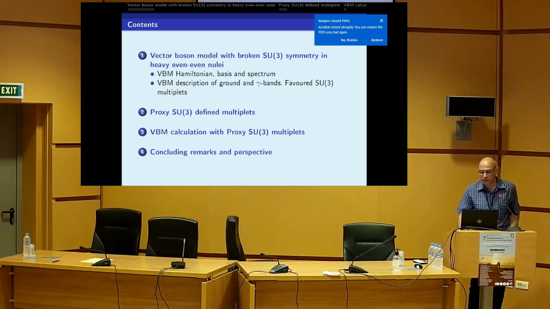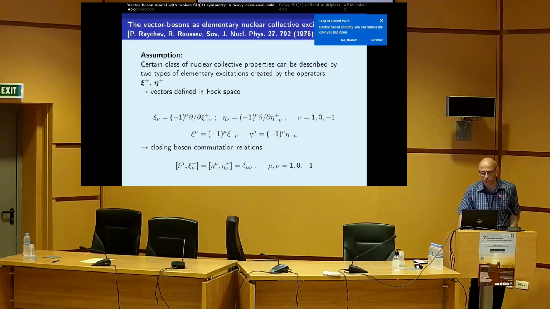Then I will show some very preliminary calculations with these irreducible representations, and we'll conclude about how this can be useful in the future. The vector boson model is based on the idea that some collective excitations in atomic nuclei can be described by two types of elementary excitations created by two operators, which have the differential form of bosons